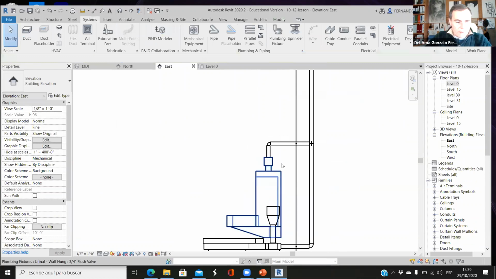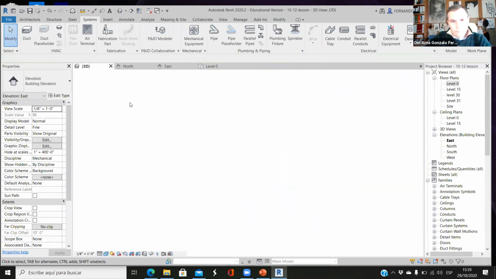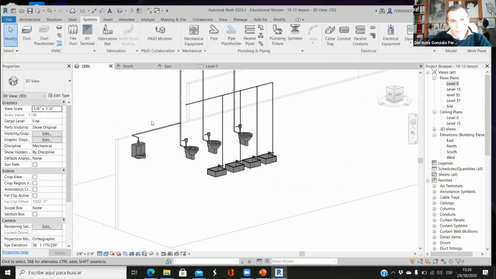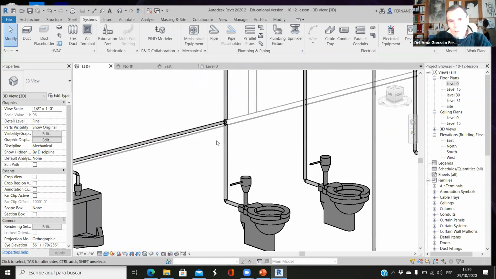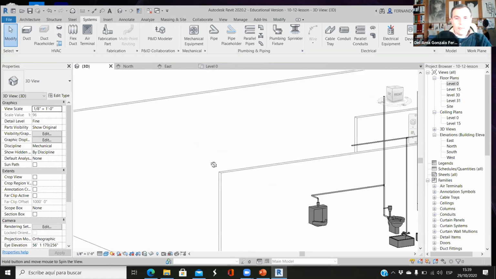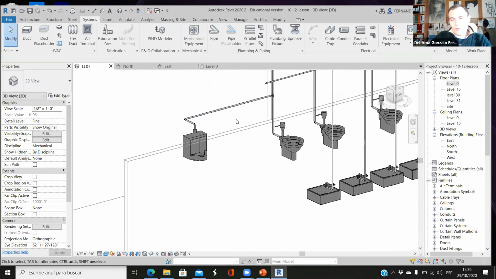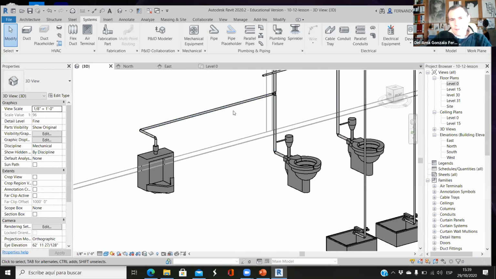And what have I done? Yes, I have done this. Be careful because this is a common mistake. Okay, Revit is great because it automatically connects things, but here it has connected the urinal to the toilet. That would be terrible. Okay, thank God we have plumbers. So when architects make mistakes like this, there's always a plumber that says, okay, they are crazy. But be careful because